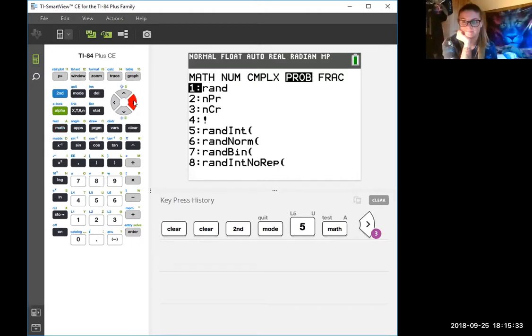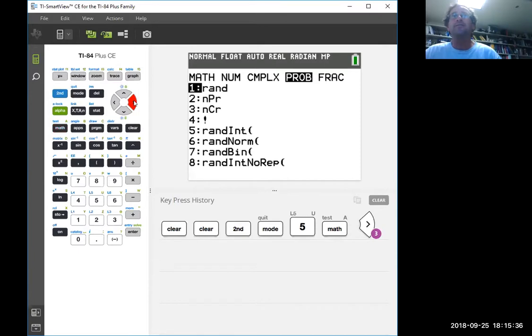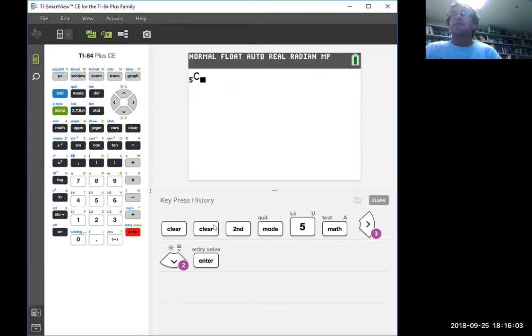Probability. Yeah, probability. The people in Texas, these Texas Instruments people, they actually did a pretty nice job on this calculator. Other than that delete button, I really like everything they did. Okay, then I hit the down arrow to get to number 3, which is nCr. C stands for combinations. So I told you how many combinations are there of 5 numbers if you're choosing from 70. I hit enter. And you'll see the 5 got stuck below the C on the left. And then now 70, because I'm choosing from 70.